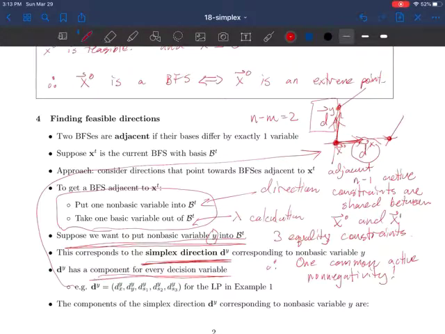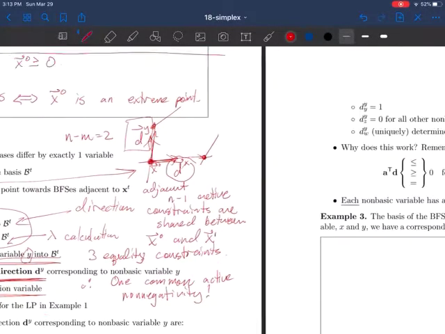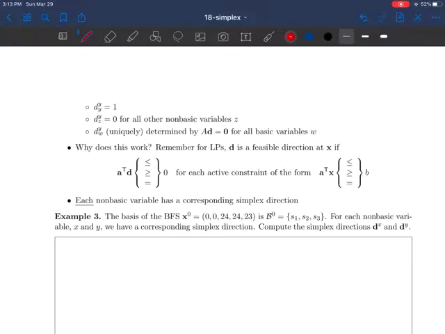Well, let's think about just the non-basic variables for a second. We only want to affect one of them, and the rest we don't want to affect. In particular, for this example, we want to affect one variable, and we don't want to affect the other variable. We want to either affect x and not y, or we want to affect y and not x, since those are our two non-basic variables. So we set the one we want to affect to 1, and the other non-basic variables we set to 0 for that direction. When we do this calculation of x1,